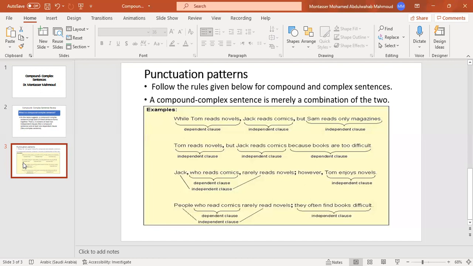you have to use it without commas. So again, by the end of our session today, I just want to remind you that in the compound complex sentence, we should have at least two independent clauses and at least one dependent clause. For the punctuation rules, I have explained in detail. Don't forget to view this YouTube video more than once, because actually compound complex sentence is one of the most